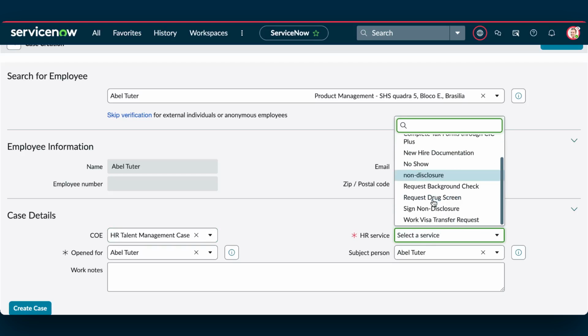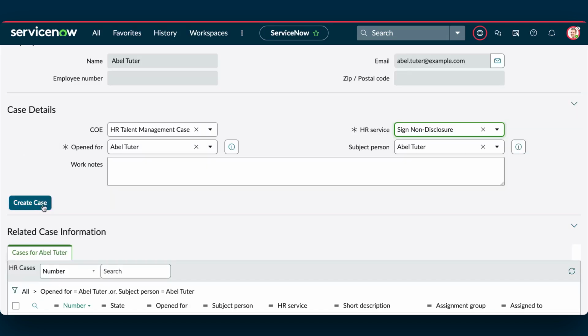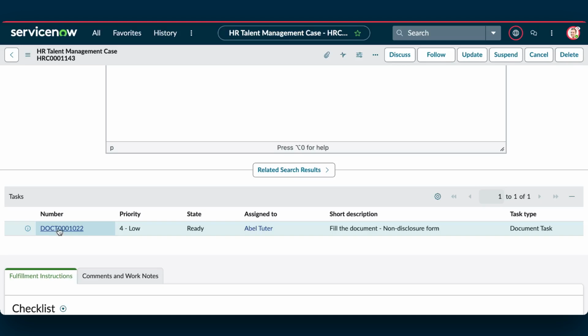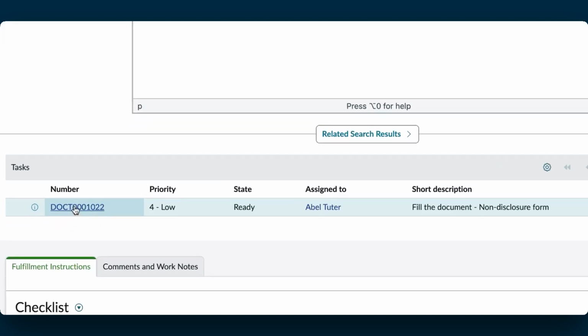Keep in mind that document tasks will only be generated when a document template is linked to an HR case template, and that HR case template is part of the chosen HR service. Click Create Case. In the Tasks section of the HR case, you'll notice that a document task is automatically generated